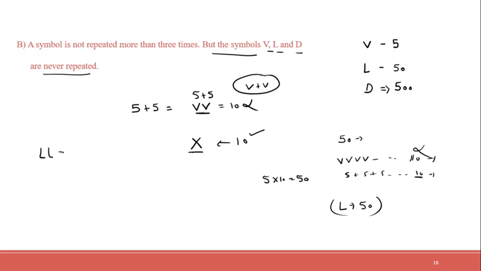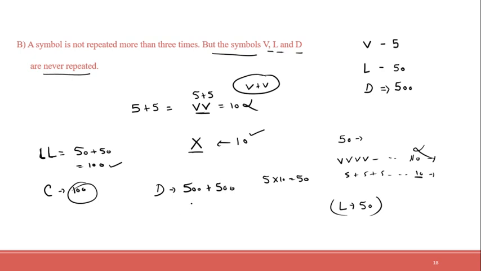So we cannot write L plus L, that means 50 plus 50 is equal to 100. We cannot write it. Why? Because we have C for 100. That means 100 has its separate symbol. So we cannot write L plus L. Okay, I hope you got this also clear. That similarly, we can